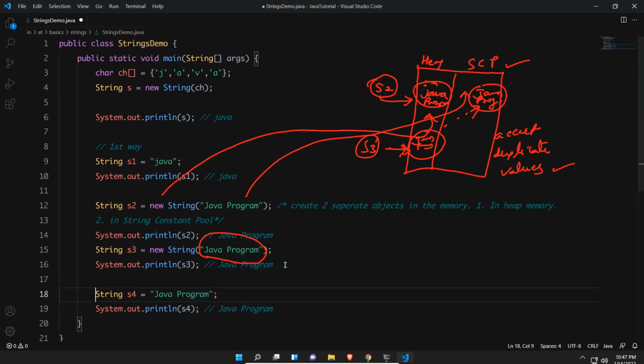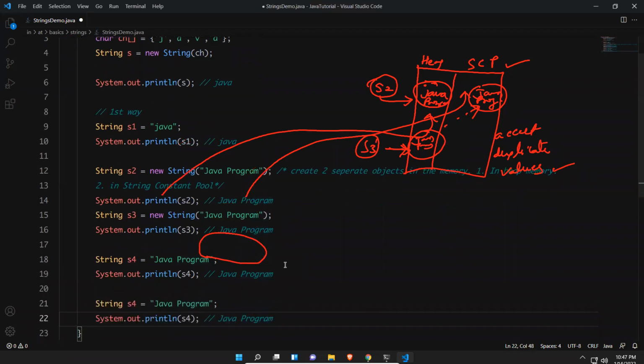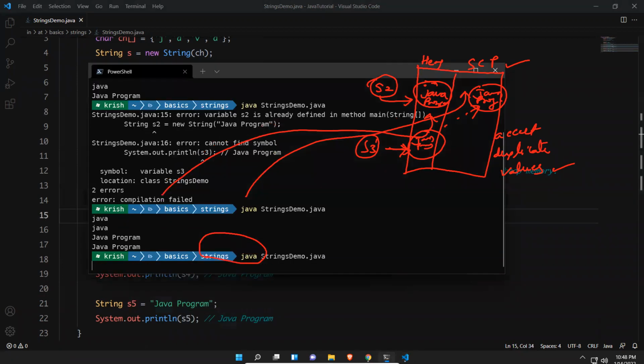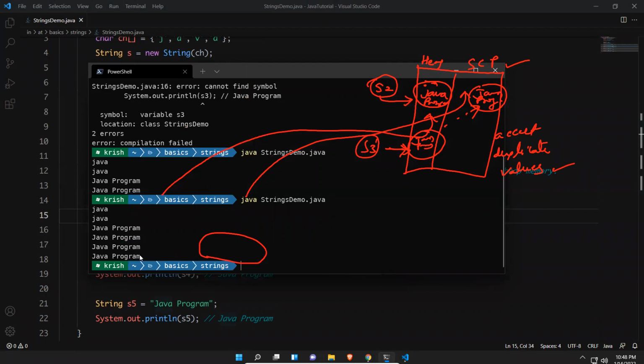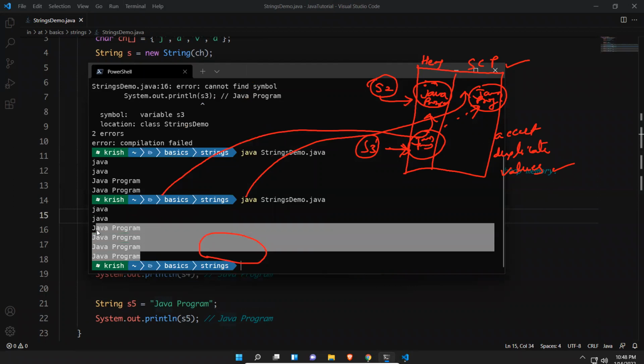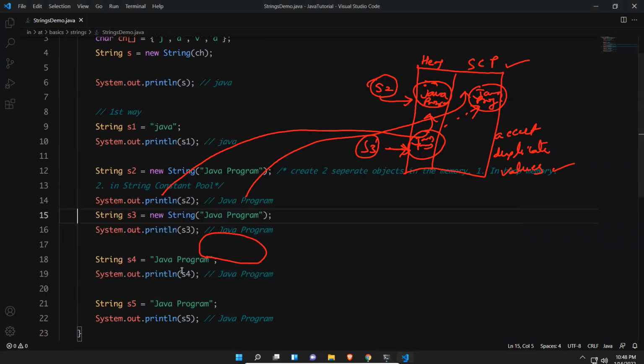And again I'll do the same thing with S5. So the output will be the same. If I try to execute this, you see four times Java program. S2, S3, S4, S5, it is printing Java program.